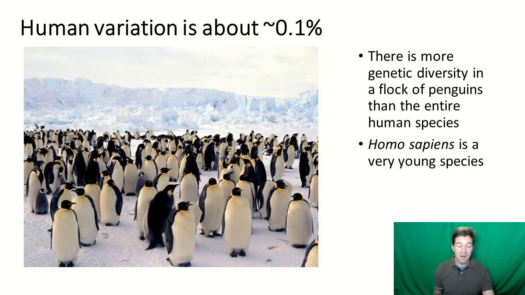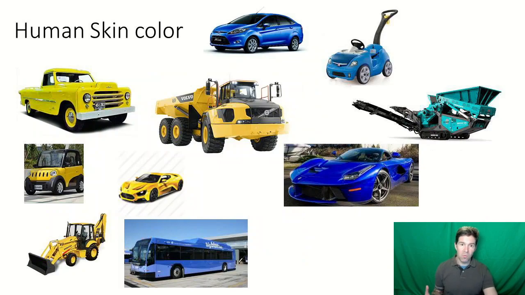So penguins, the family that we call penguins, probably started to arise about 70 million years ago, when again, humans are about 200,000 years old. So that's a big difference. But again, focusing on just one characteristic is kind of ludicrous.